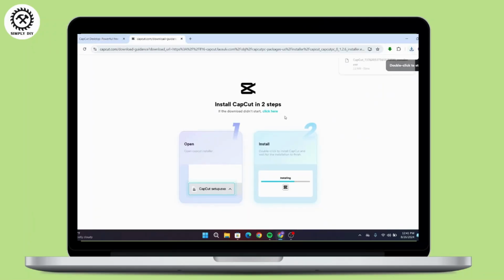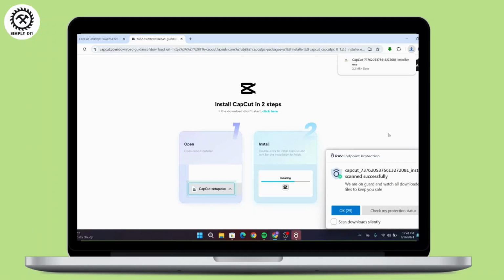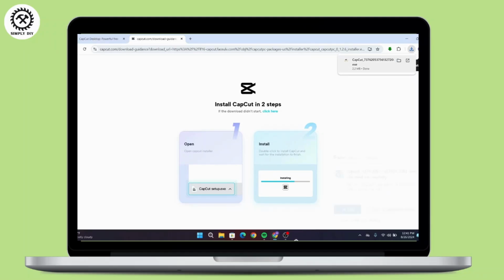After that, CapCut is now installed. You can simply open this app, set up in your device and log in into your account to start using CapCut to edit your videos. So in this way, you can download and install CapCut in your laptop or PC, and that's all for today's